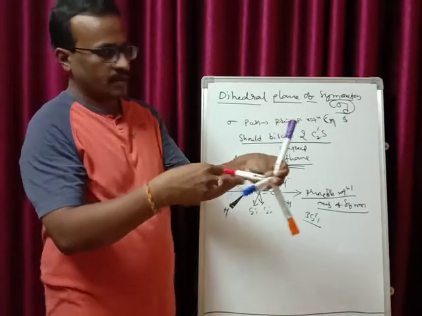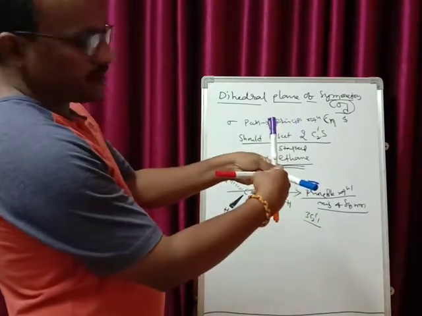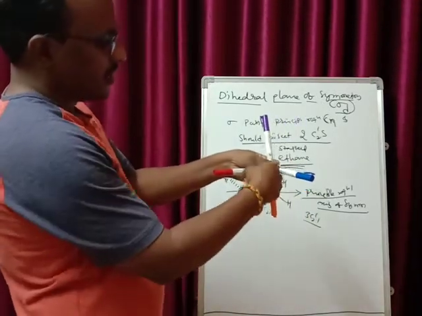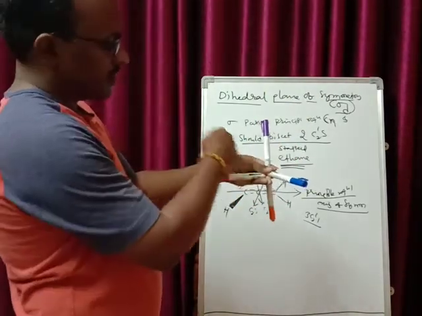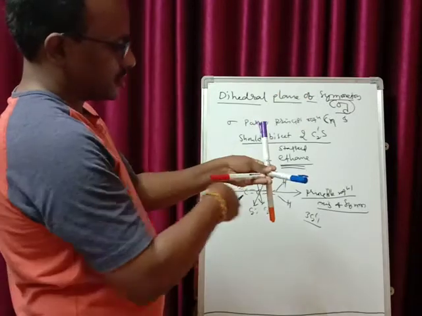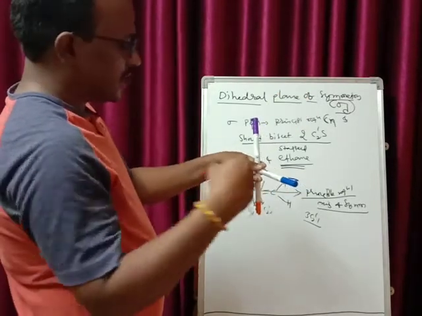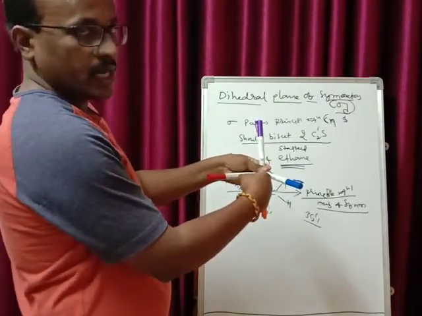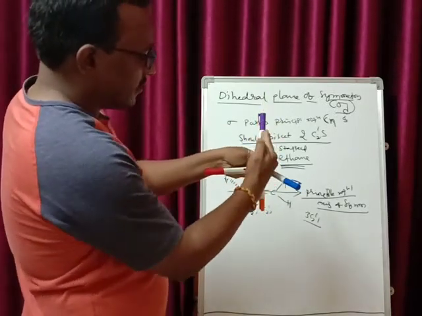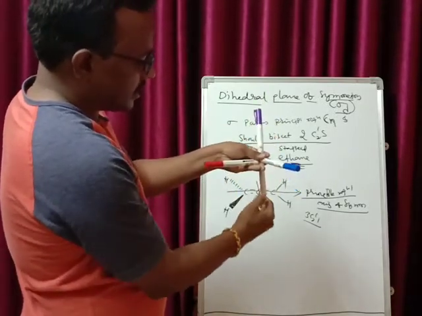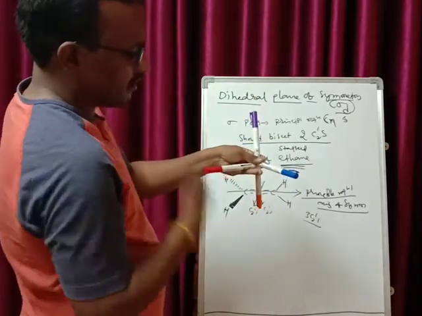Now, we know the principal rotational axis of symmetry is like this. So along this you have your principal rotational axis of symmetry. From here you have a C2, from here you have a C2. Along this axis you have C2, along this you have C2. Principal axis is like this. Now your plane will be passing like this. That is, it will bisect hydrogen, carbon and hydrogens like this. You get 2 equal halves.